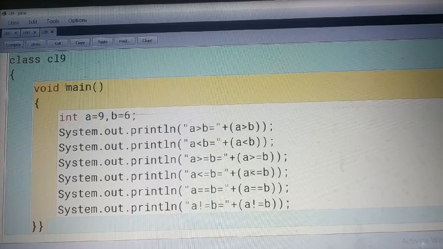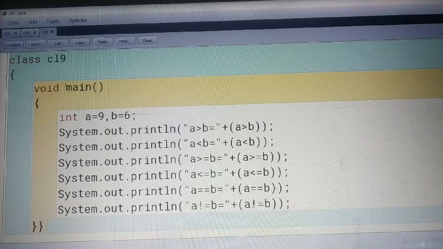If it is incorrect, then it is compared with equal to also. A is equal to b means 9 will never be equal to 6. So both conditions are wrong, that's why the result will be false. Same way, 9 will never be equal to 6, so the result will be false.